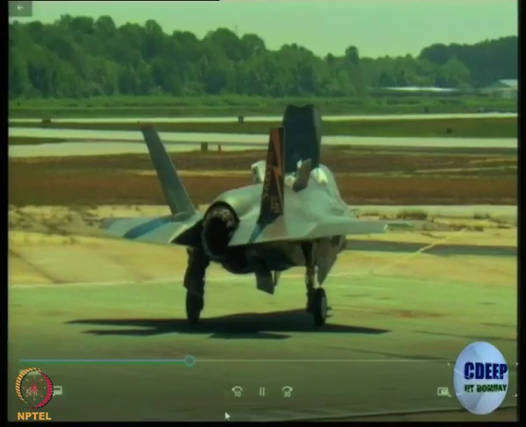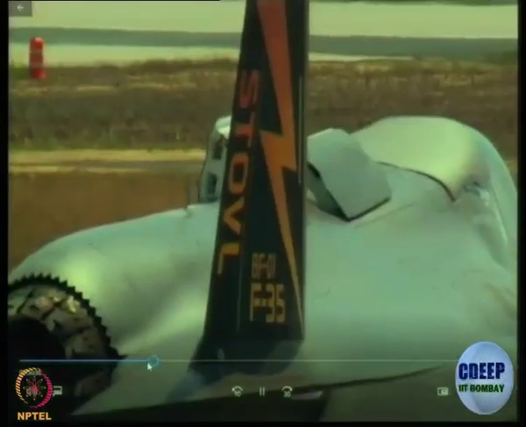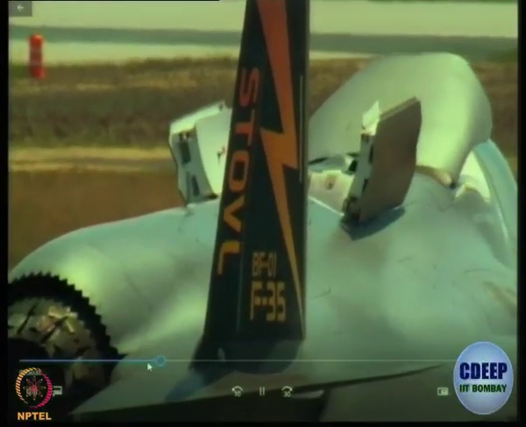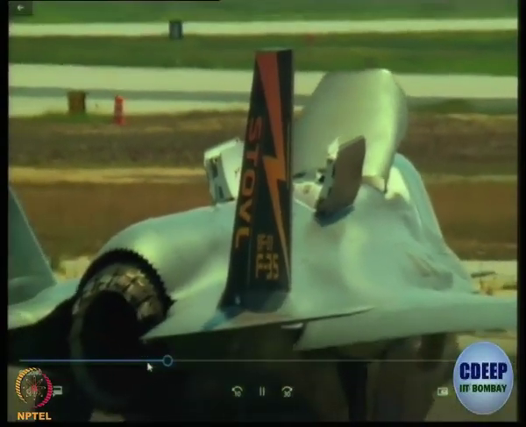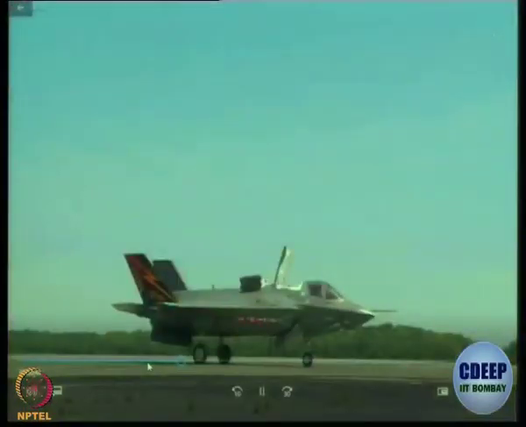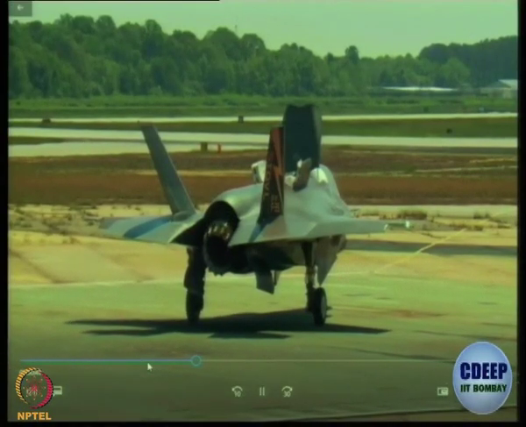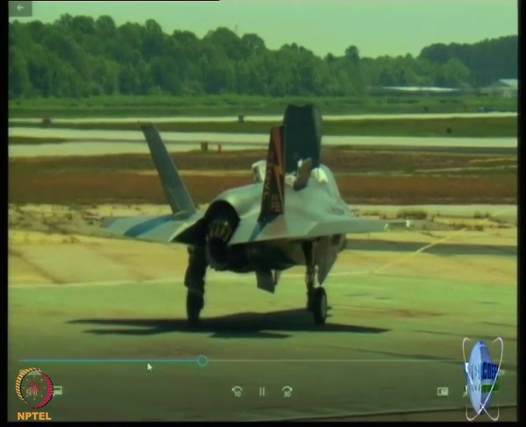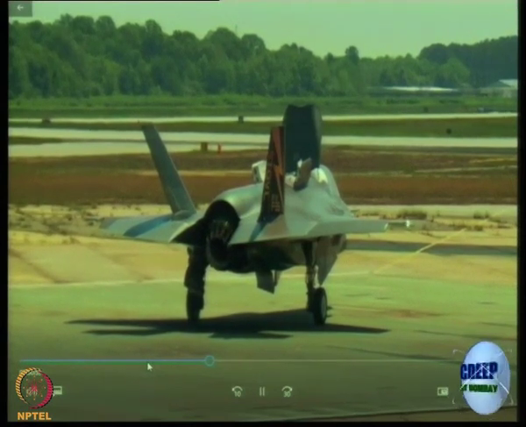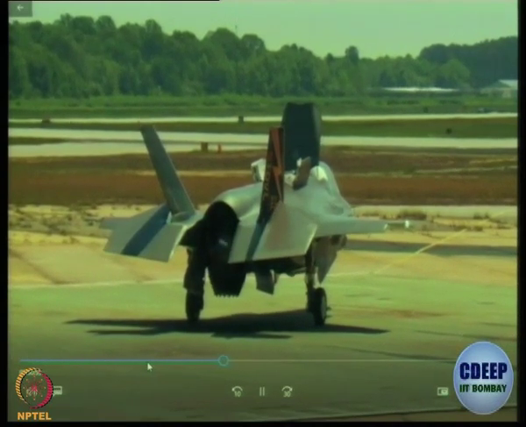Let's see it once again. So look at number 1, number 2, and number 3 will be the nozzle. So 3 things have to be deflected. First thing that you saw is opening of the canopy for the lift engine.